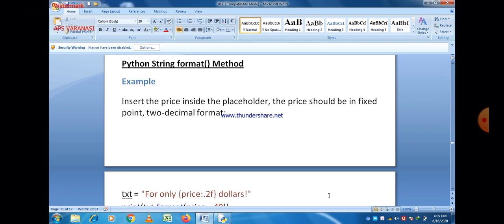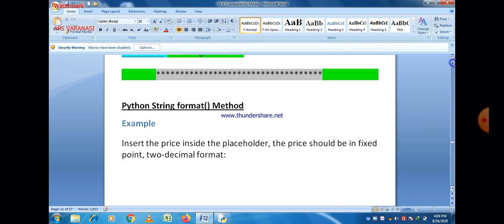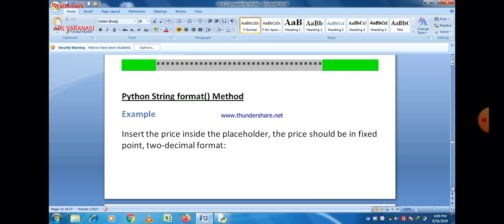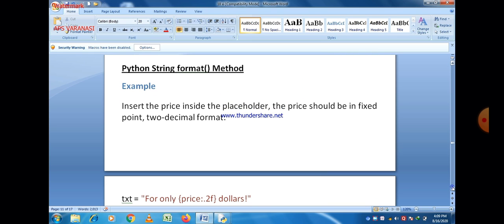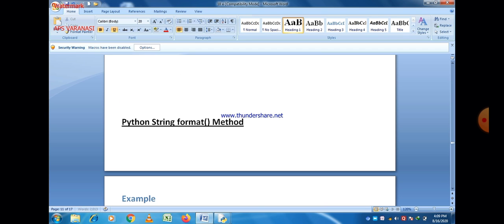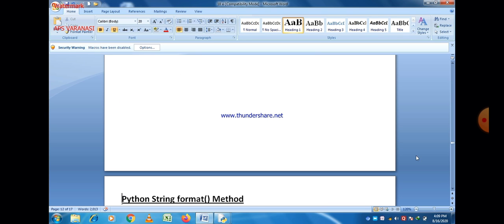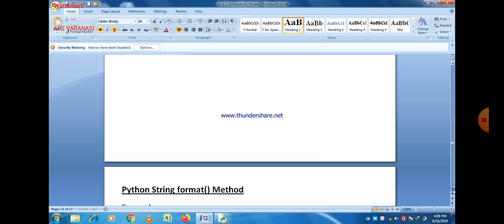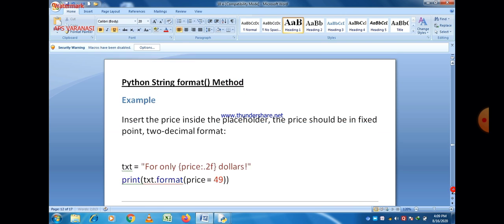So what is the use of the format method? As the name suggests, format. If you want to format a string, then you can easily use the format method. In the format method, we actually print different strings in different orders as per our requirement or as the requirement of the question. So let us take an example of the format method.